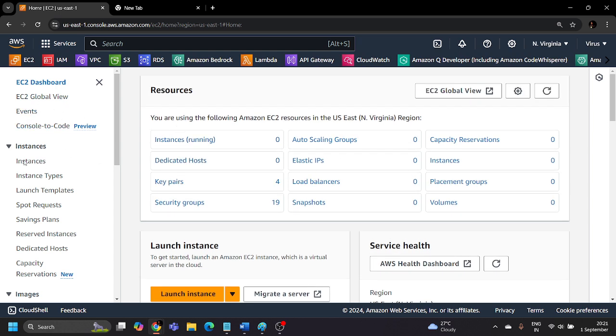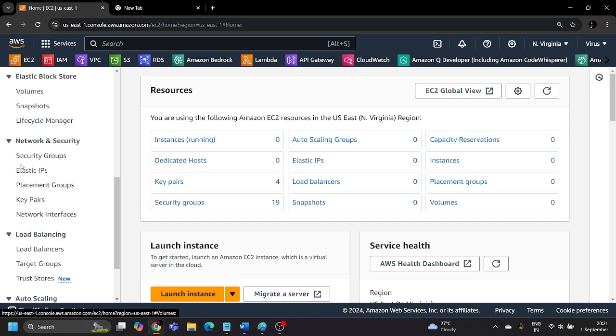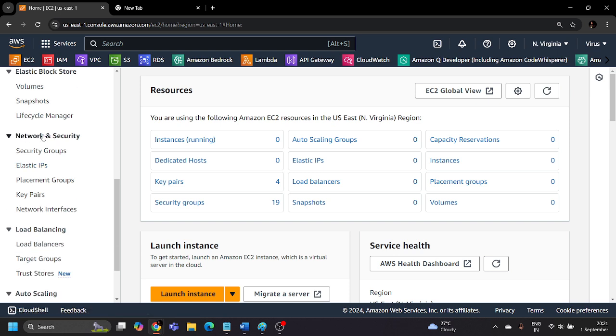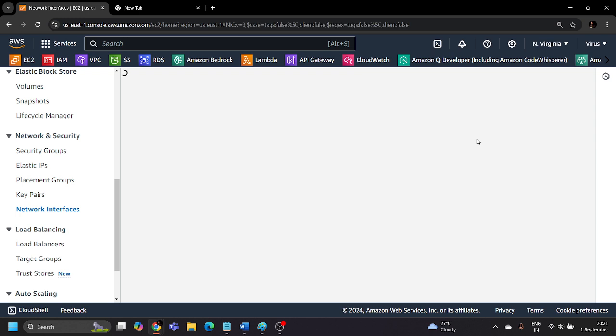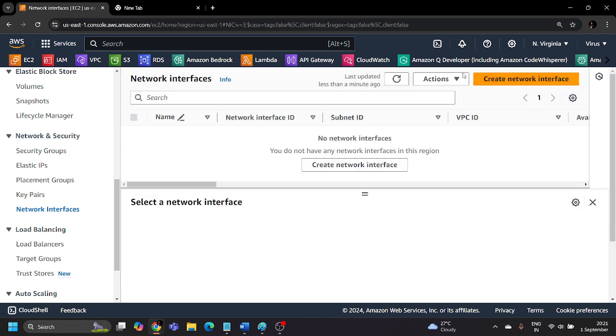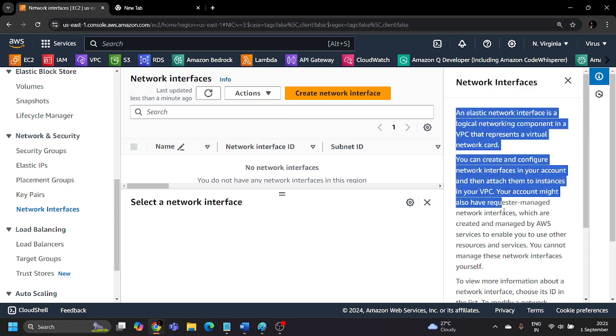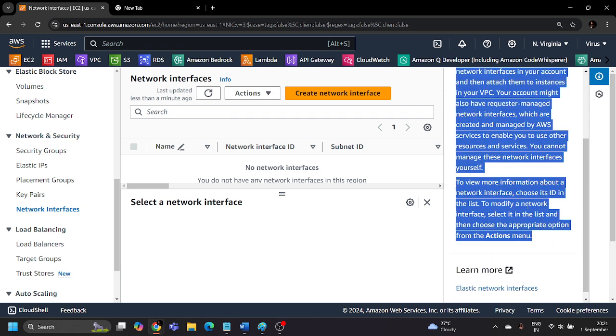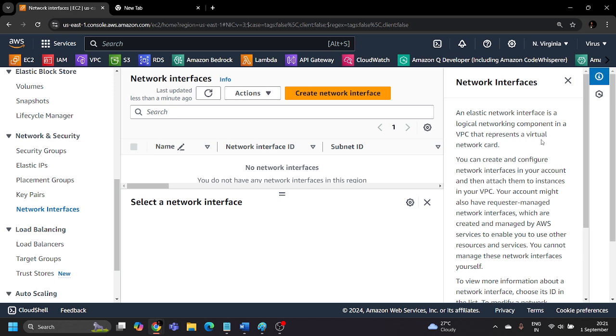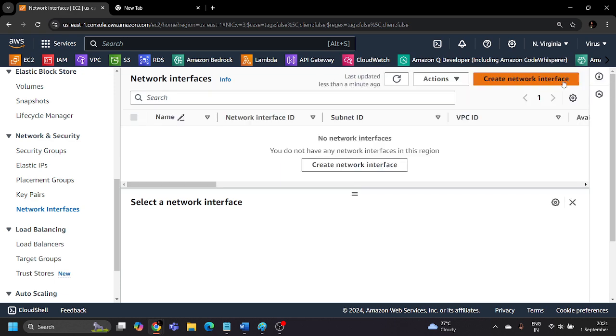So in this EC2 section on the AWS Management Console, if you go to the network and security section on the left hand side, you can see there is an option available of network interfaces. That is what your elastic network interfaces are. If you click on this info button over here, they have given this specific technical definition of the ENI, right? Once you read this, you may not be able to understand this network interface